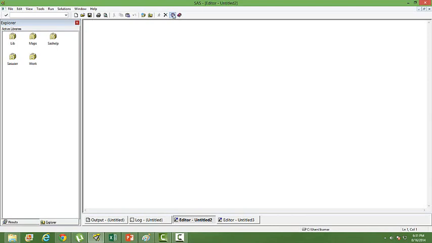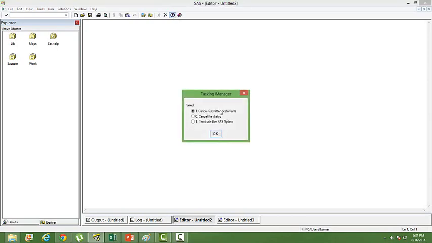Okay, so when you click on it, it will prompt you whether to cancel submit statement, cancel the dialog, or terminate the SAS system. Generally go in for the first one, cancel the submit statement. You will not lose your program and output and everything. If you terminate, the software will close and you will have to start everything over again.